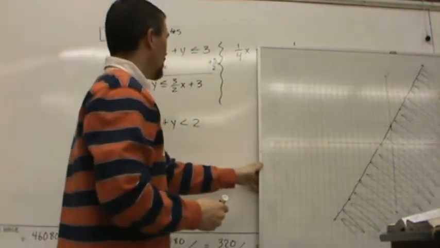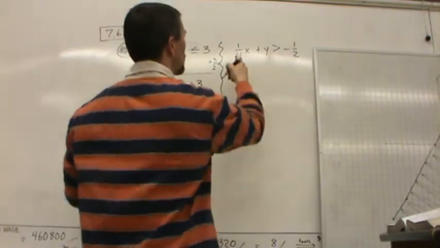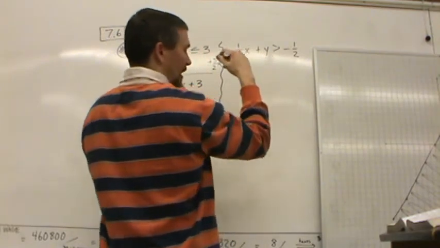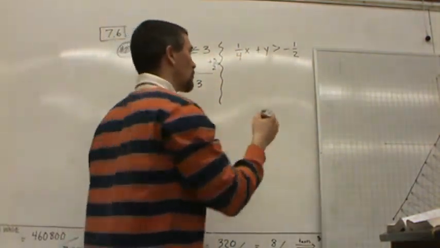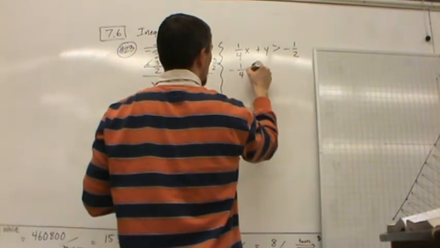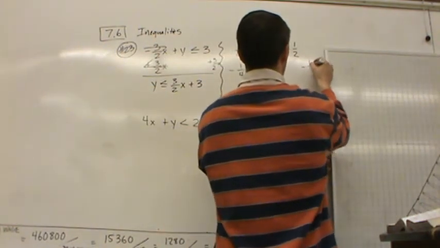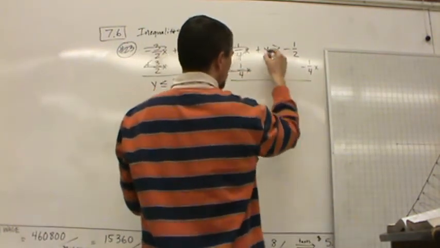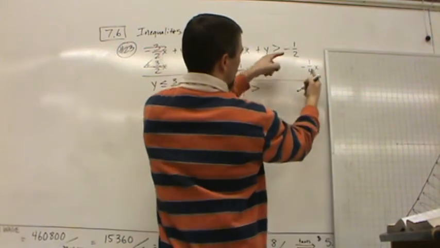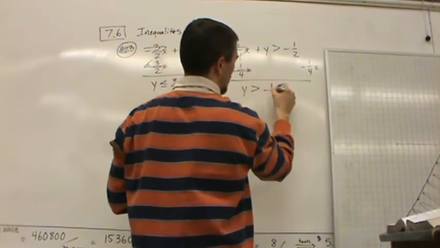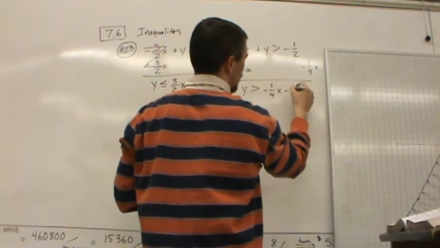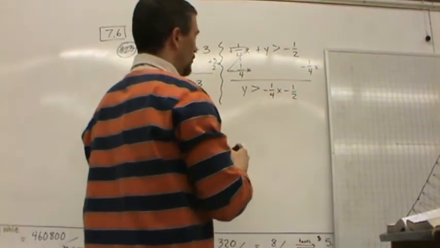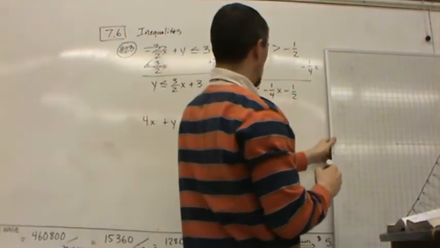So now let's work out this one. And I would just want to get this x value over there, so y is by itself, so we can have it in y equals mx plus b format. So I'm going to subtract 1/4 x from both sides. This positive 1/4 x and the negative cancel, and that leaves us with y greater than, and I'm going to switch places with these two just like I did on the previous line, so that I can get it in y equals mx plus b format. So now, -1/2 is our